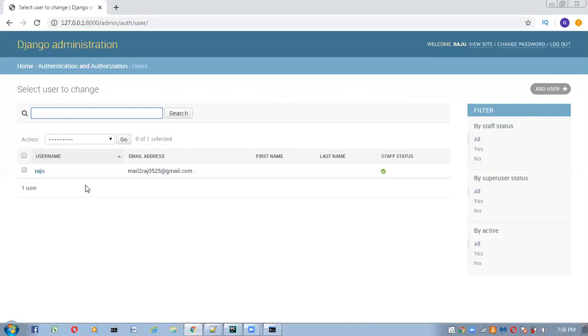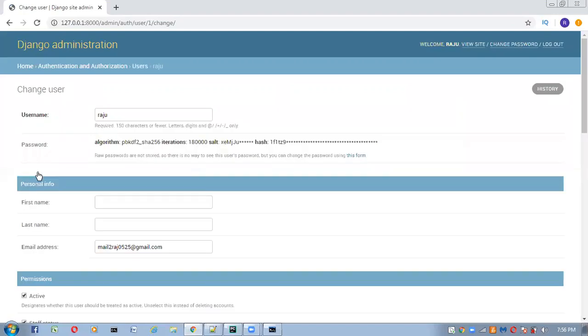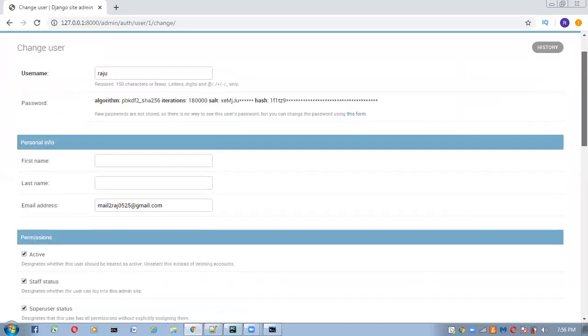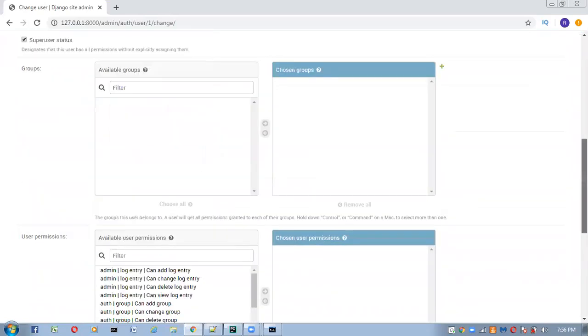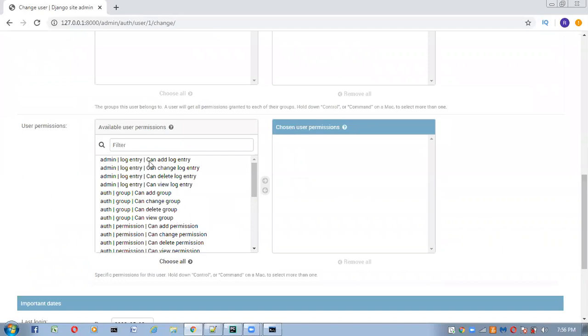See here, if you click on this, you can see the fields that are there inside the user table: username, password, first name, last name, email address, permissions, active status, staff status, superuser status, and user permissions. These are the different types of user permissions.